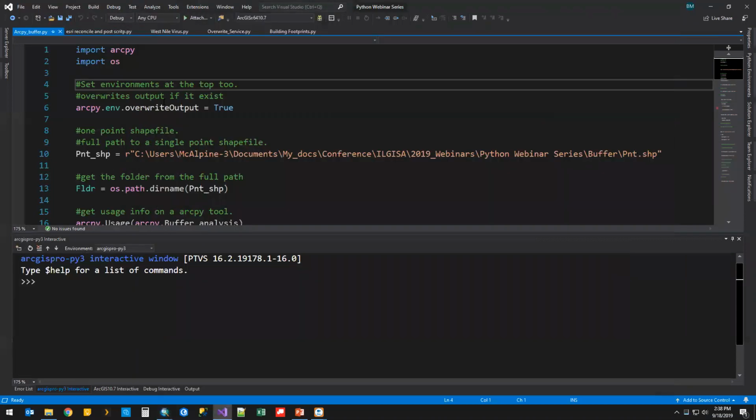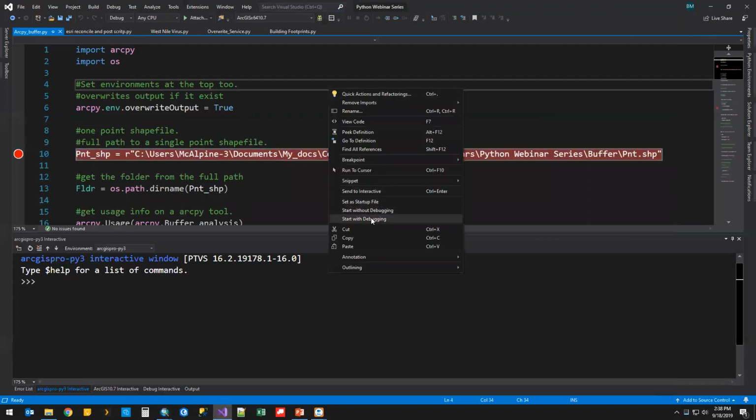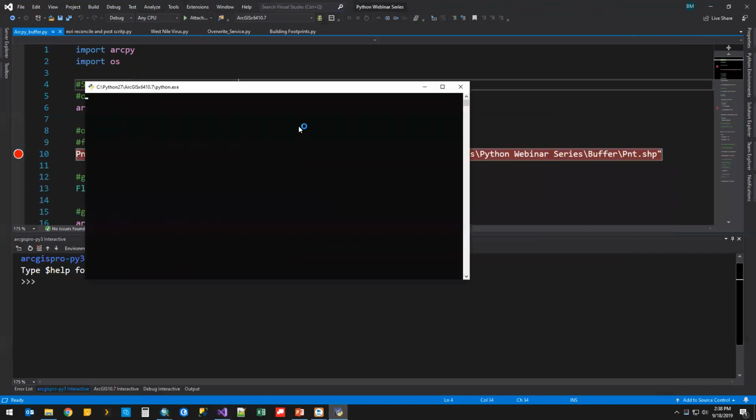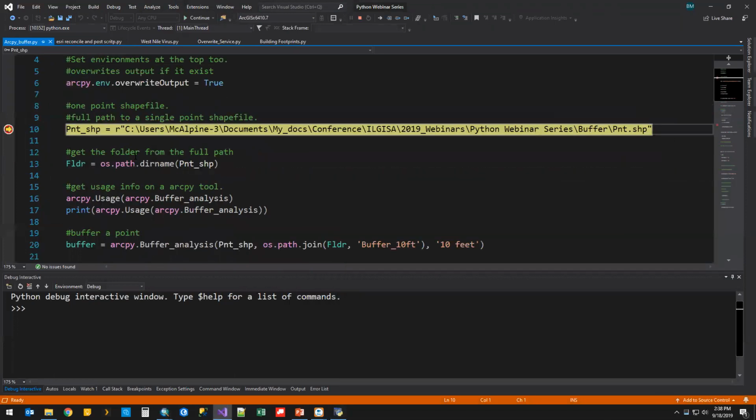So I want to buffer this. I'm going to set my override output to true. I'm going to specify my input, and we're just going to start stepping through this, and we'll talk about it as we go. With debugging, when you run with debugging, it is slower. So in this case, I just defined a point